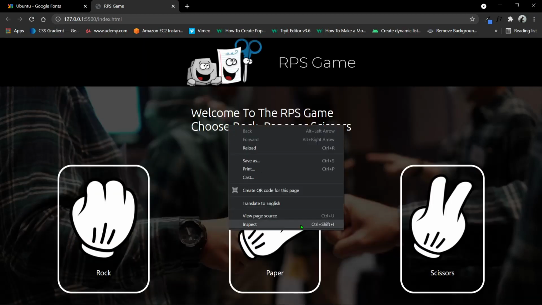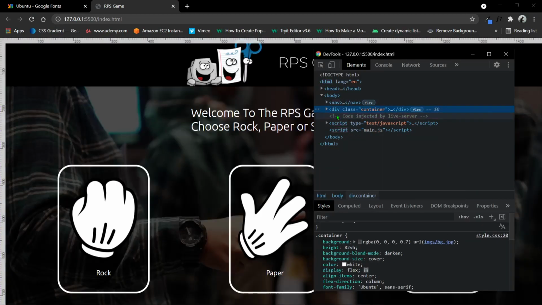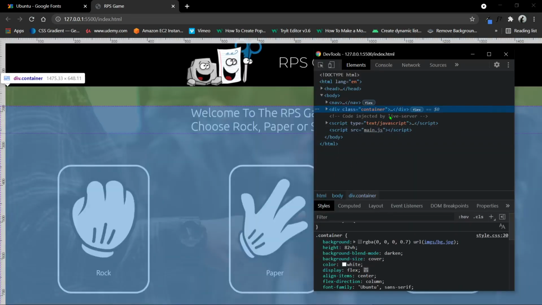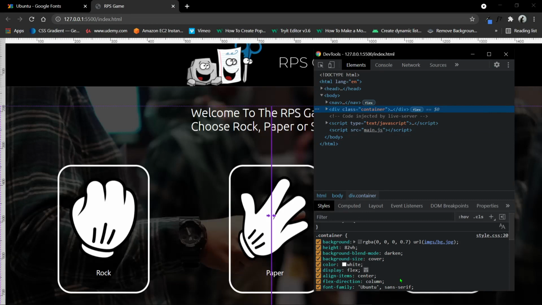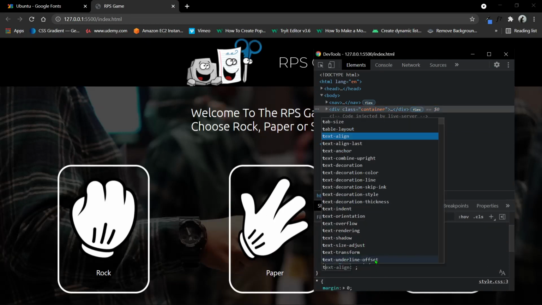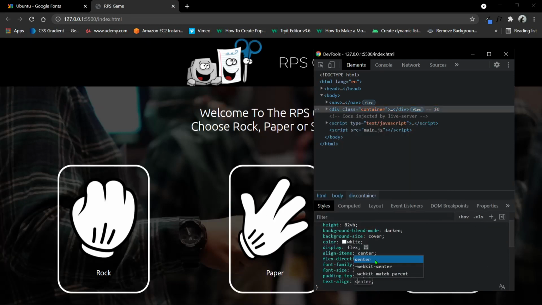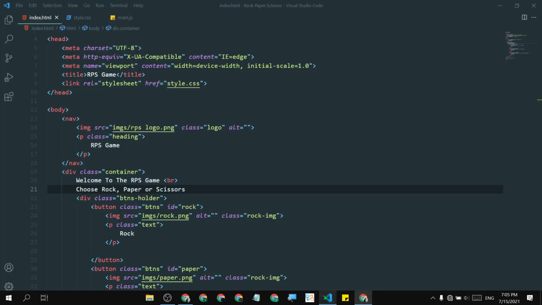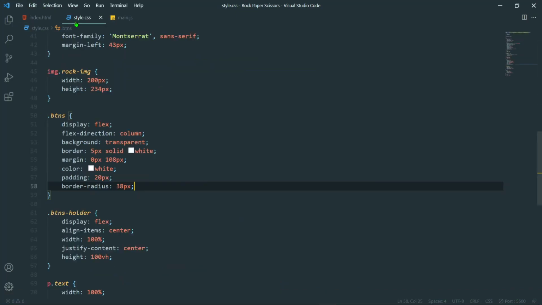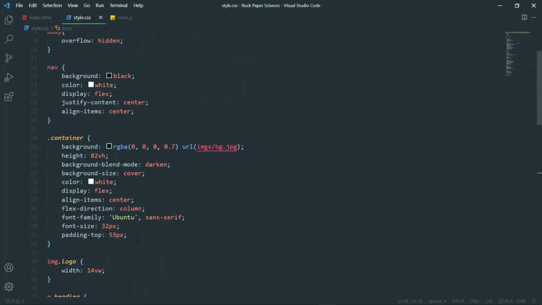Yeah, it's not looking that good, so we need to do text align center. Let's set text align center in the container and see what happens. Yeah, it works. So we will copy this property and paste it in the container.